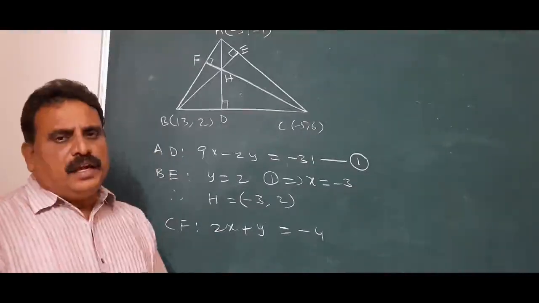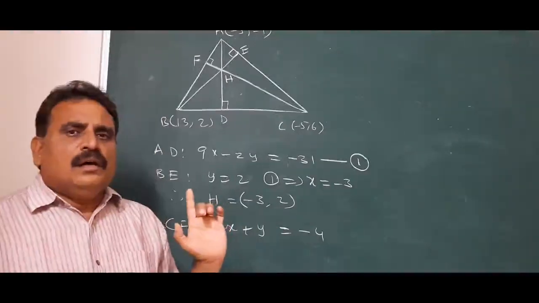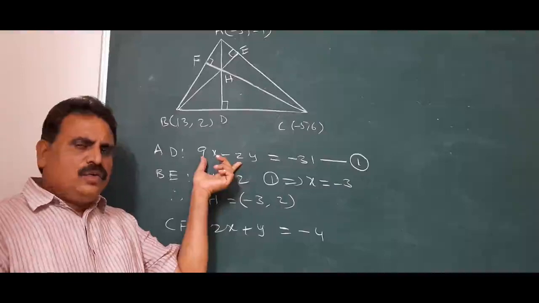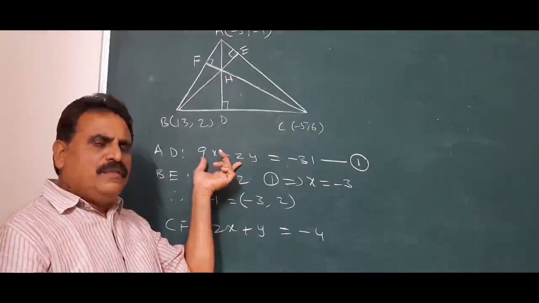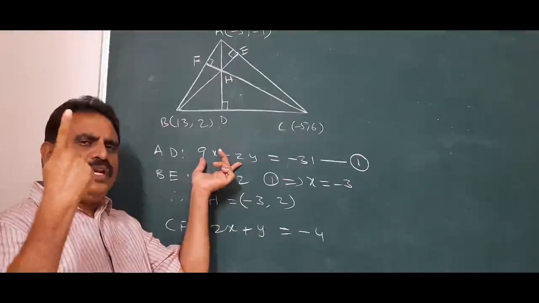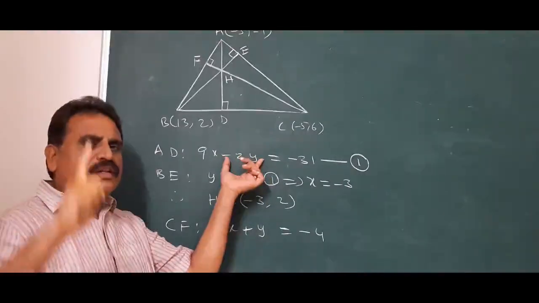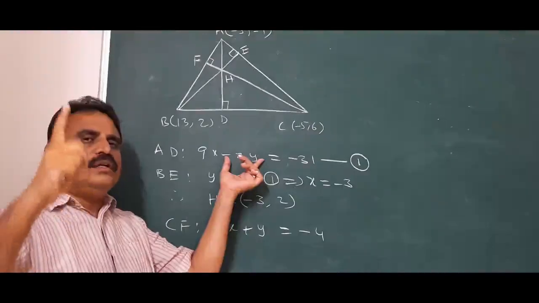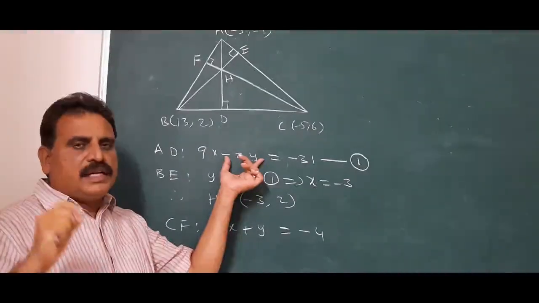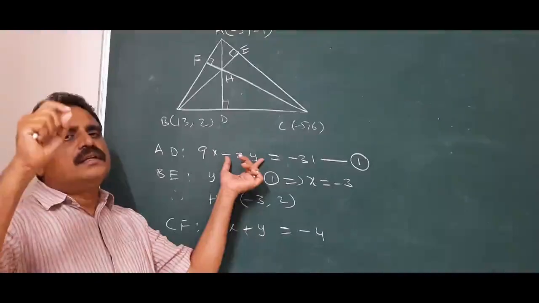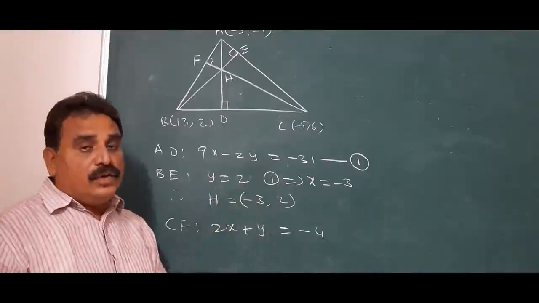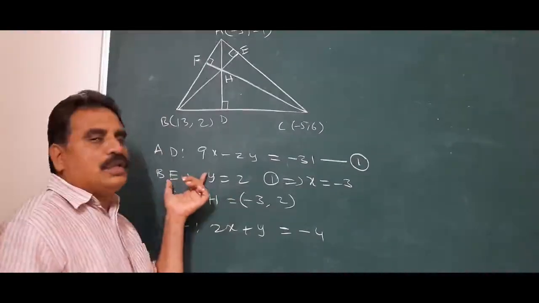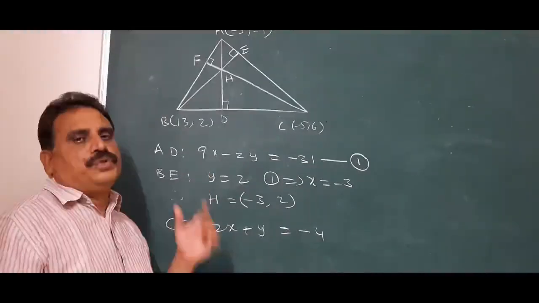Dear students, in objective questions, whenever you find the AD equation, you go to the options. If out of 4 options only one option satisfies this equation, that is the right answer. If 3 do not satisfy and one does, that is the right answer. At that stage, you can find it directly. That is one method. Otherwise, you go through another altitude.